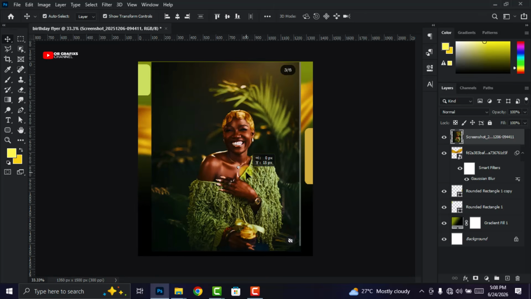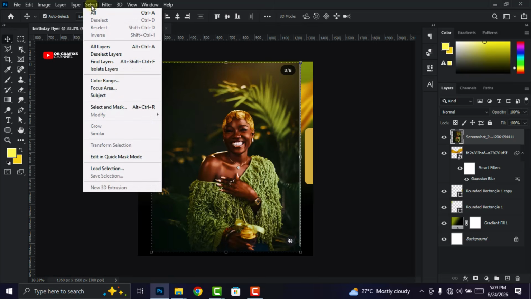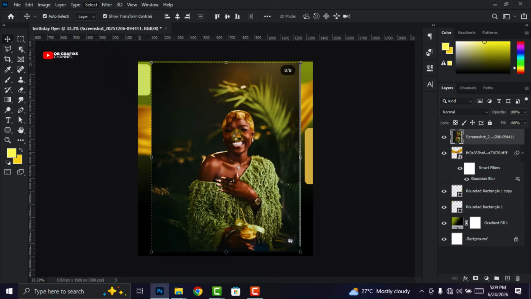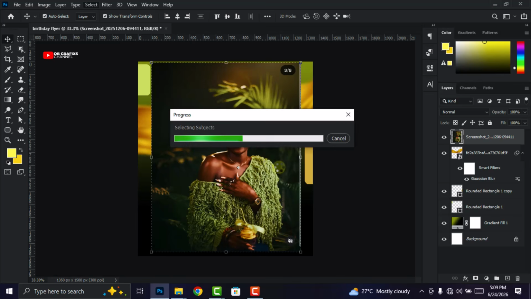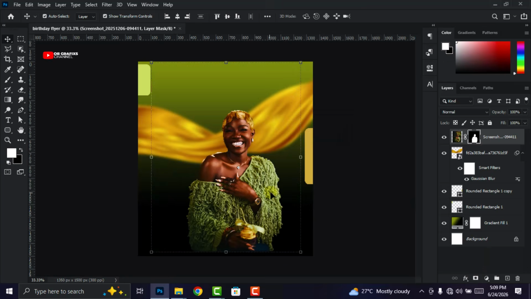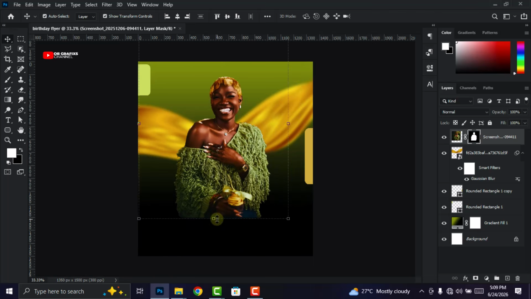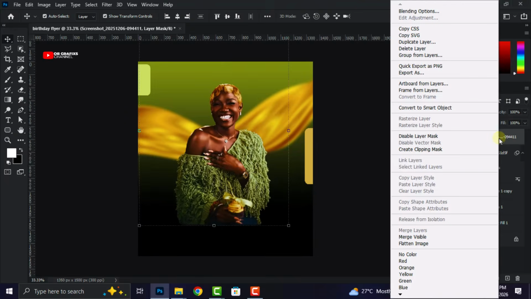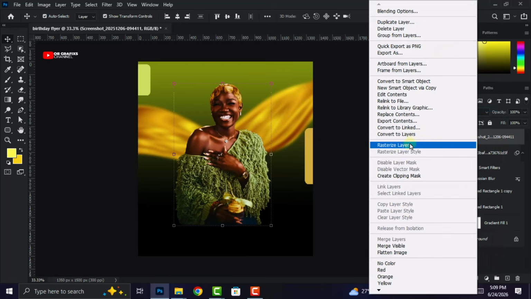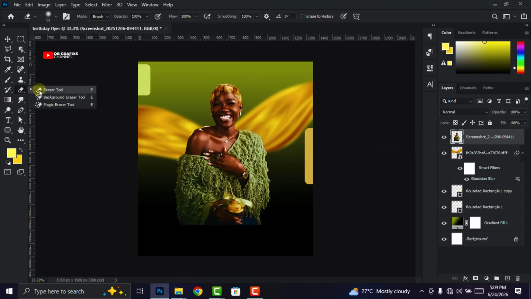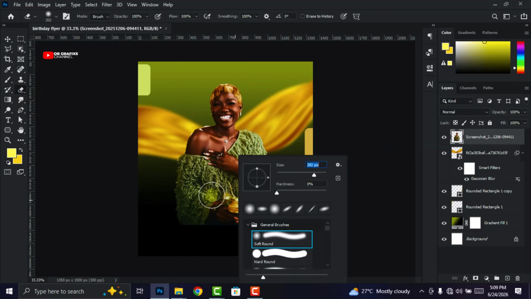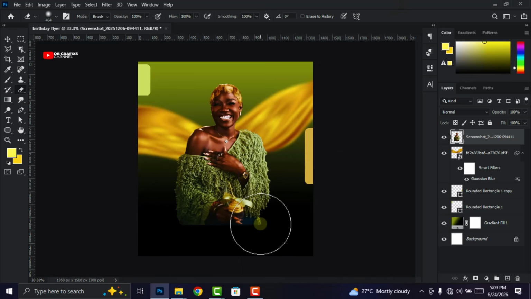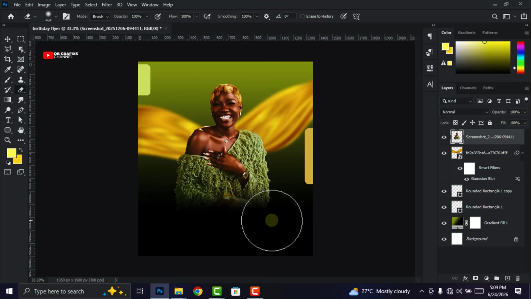So the next thing I'm going to do is to get rid of my background. So with the subject selected, head over to your select tab and then click on subject, and then we wait for the subject to be selected. Right now I'm going to add the layer mask. The background is gone like that, so I'm going to first of all right click on the image and then click on convert to smart object, right? Wait, now let's rasterize it. Then I'm going to grab my brush tool, increase the size, then make sure to set it to the soft round brush as usual. Then I'm going to get rid of the lower part like that. All right,